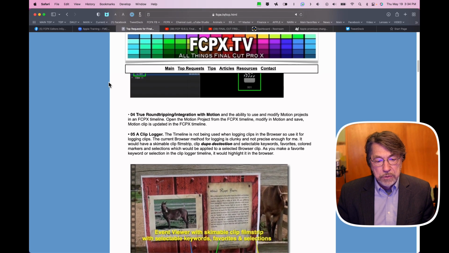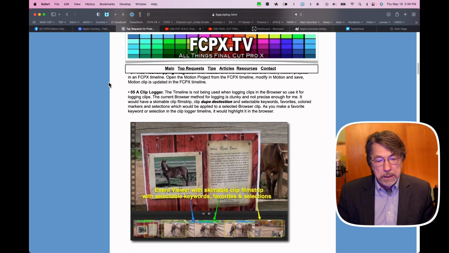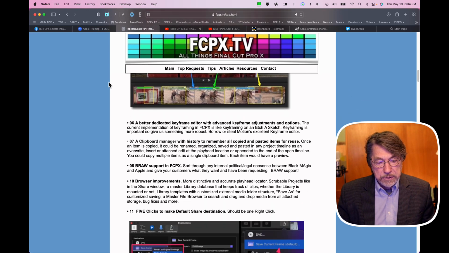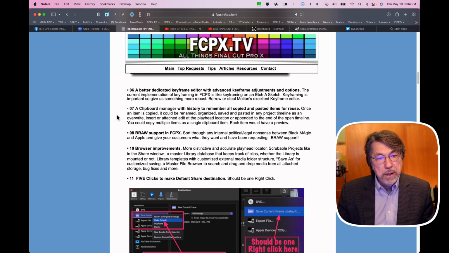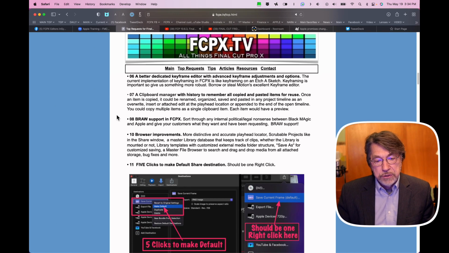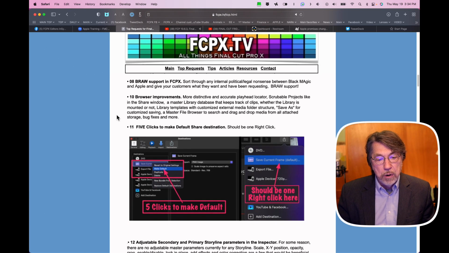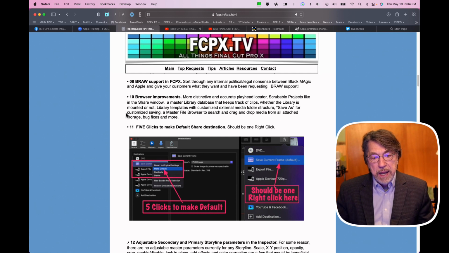True round tripping with integration with Motion. A clip logger. That's something that I'd like to see. How about a better dedicated keyframe editor with advanced keyframe adjustment options? How about a clipboard manager with a history to remember copied and pasted items for reuse? How about BRAW support in Final Cut Pro? Browser improvements. How about more distinctive and accurate playhead locators, scrubbable projects,